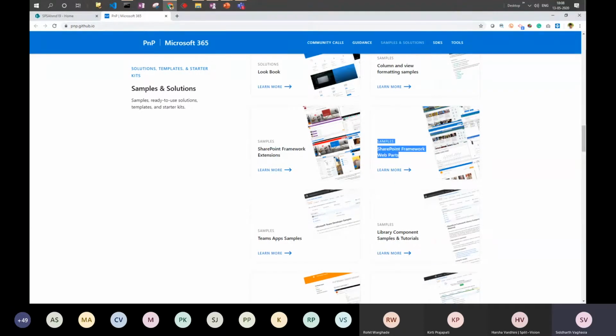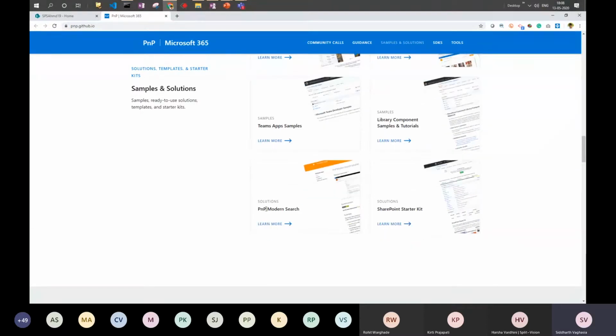I would recommend you look at this too if you are more into SharePoint Framework. And if you are getting started, you should see the samples. There are many good web parts and extensions which are already available, which we can use in our solution, plus we can extend them if we want to. And you can also contribute a new sample web part or an extension if you think it will be useful for the community.